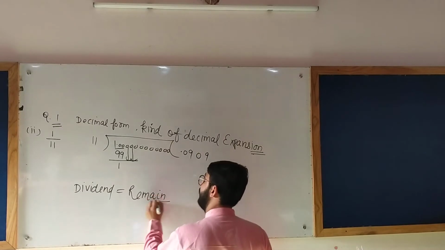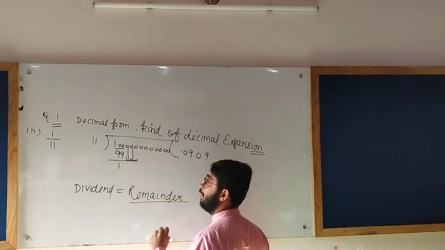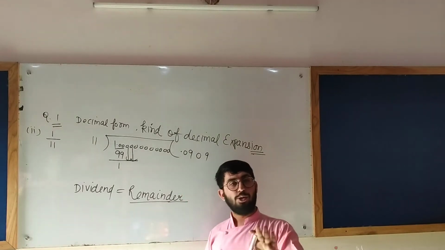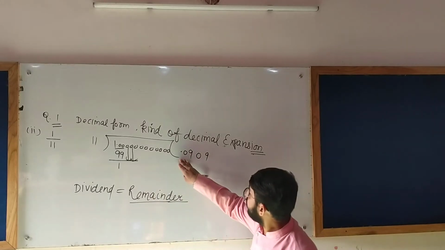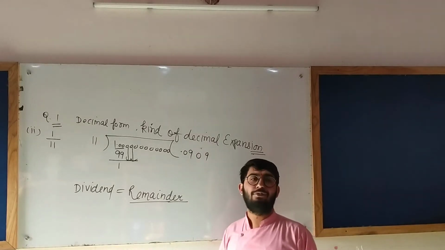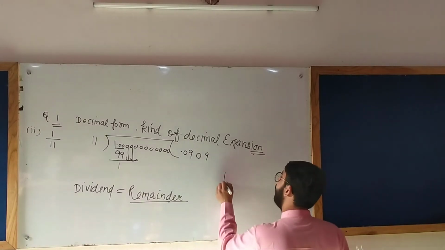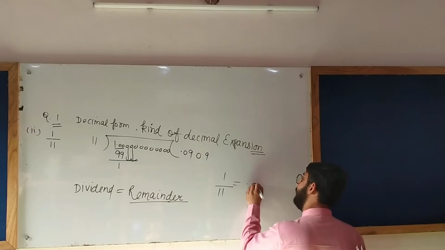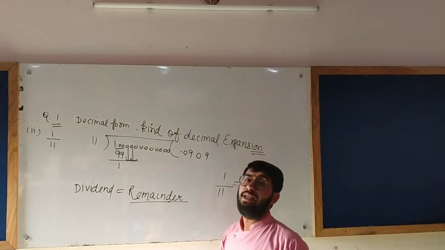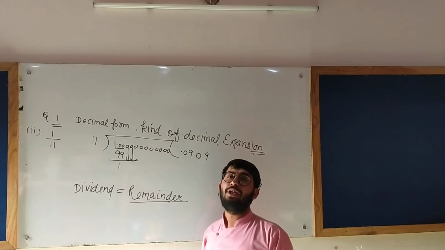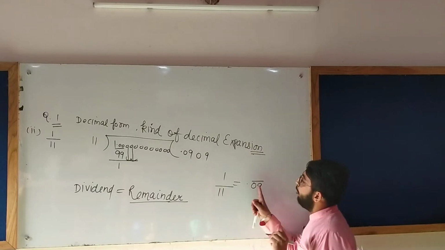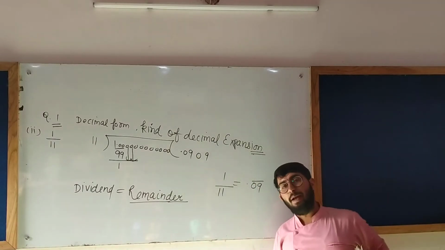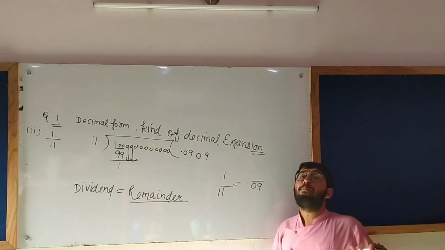whenever you have start coinciding with where you reached, you can stop the question there only. It means the quotient is repeating itself. Now we can say 1 by 11 equals 0.09. But we know that 09 is repeating itself. So what can we do? We can write a bar on the 2 digits 09 because they just keep repeating itself.